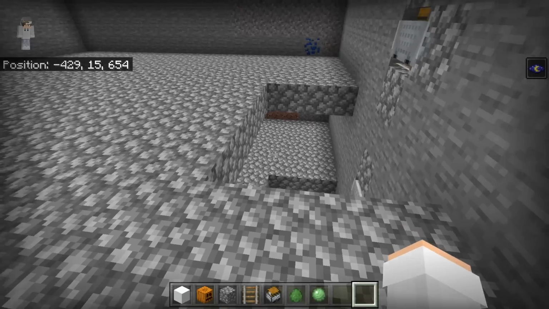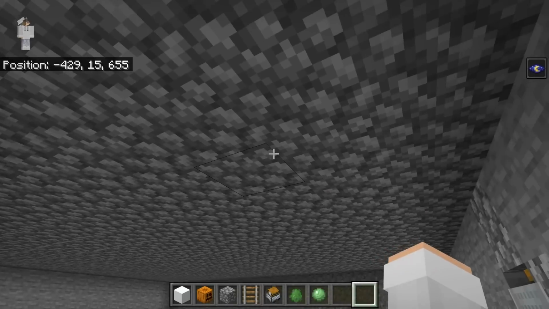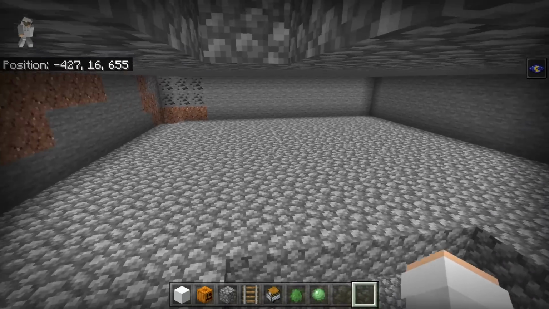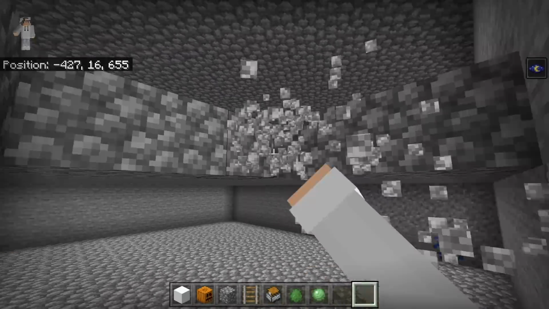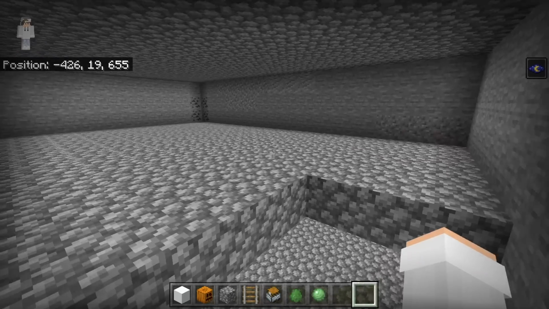The next step is to break out another 5x3 platform that is aligned with the magma chamber. So break out just like this again. Then come to the next floor,